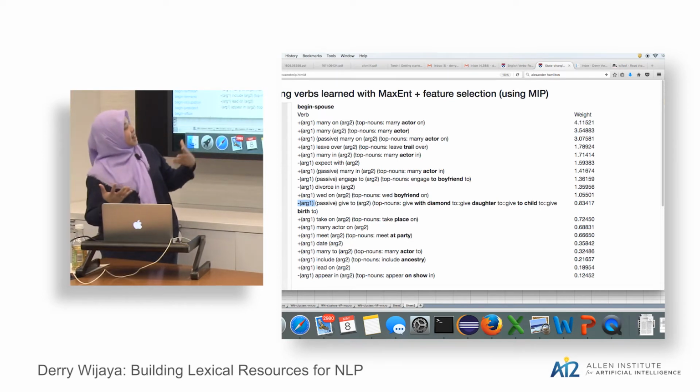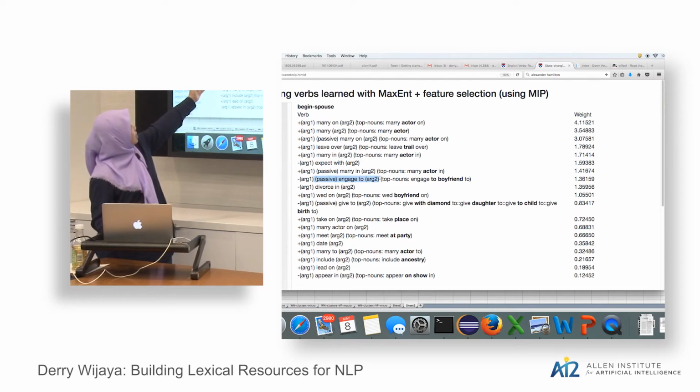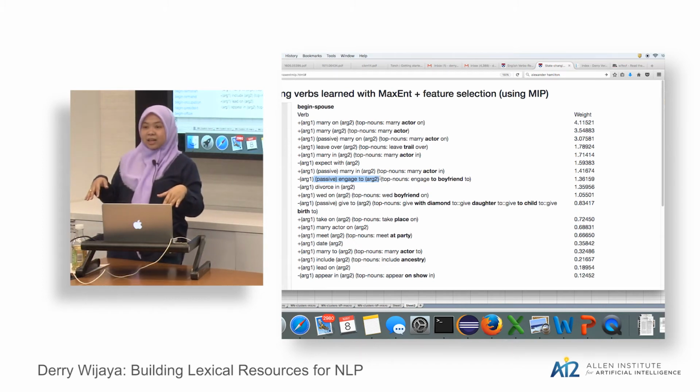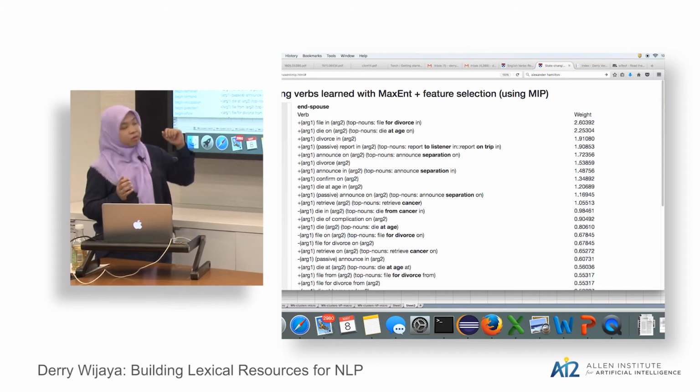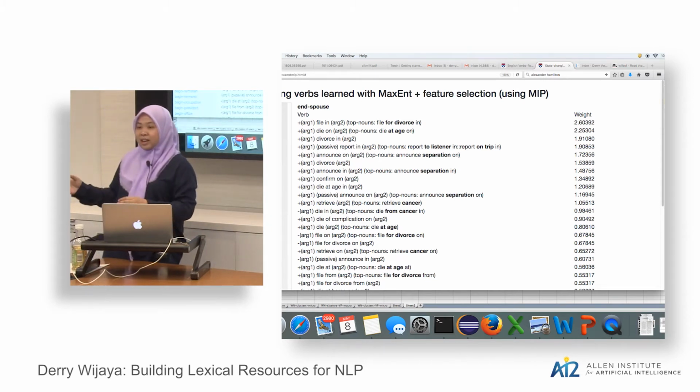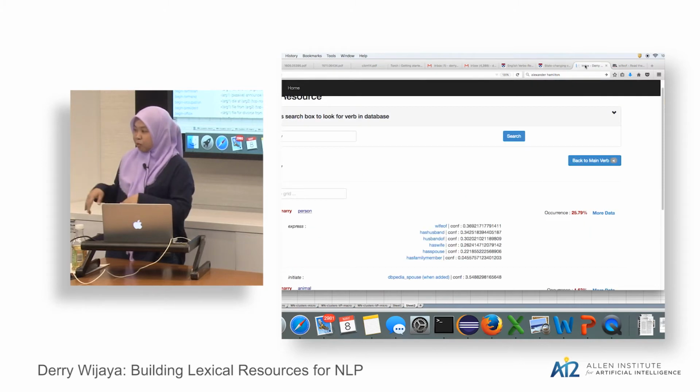So when things like "person is engaged to the other person" are removed from the Wikipedia page, and the word "marry" is added, that shows that the spousal relation is beginning. And for ending the relation, we see things like an addition of the words "person filed for divorce in some date." That shows that the info box will be changed for the spousal relationship. That means the end date will be added to the info box.